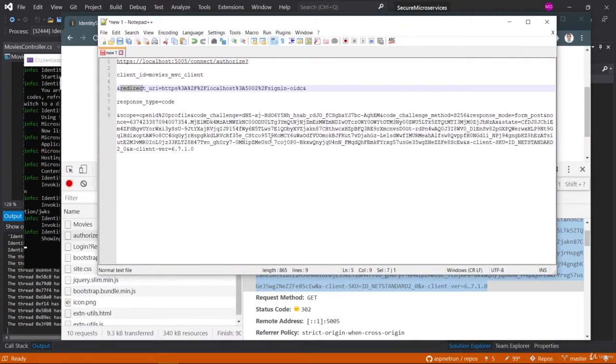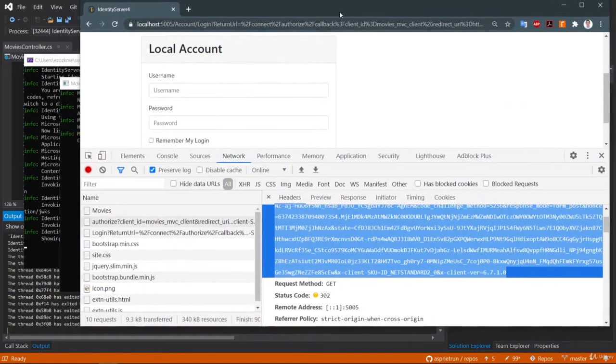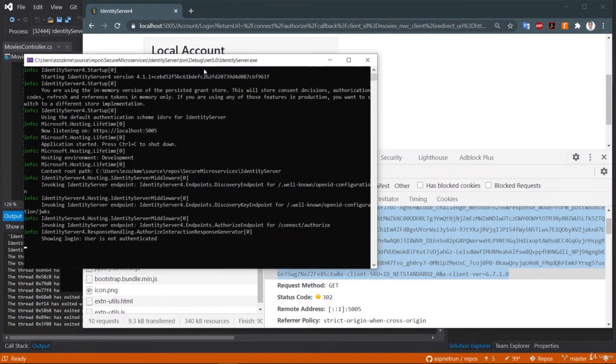Also, we can check the project console output of the identity server. You can see the identity server logs and check the project console logs now. Let me move this one, and this is the identity server logs. Once we come here, the identity server puts out some logs. As you can see, first of all it sends a request to the discovery document, and after that it sends a request for the authorize URL. We already inspected this authorize URL here, and we will see all of the logs.